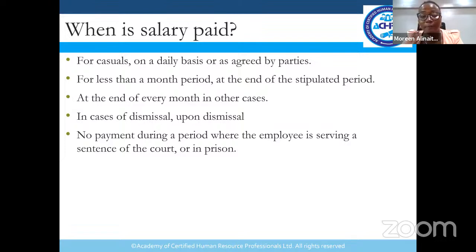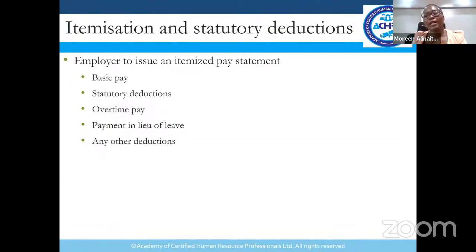That's what the law says. What happens to people who are serving probation? I wonder what happens to people serving probation. Anyway, moving forward,